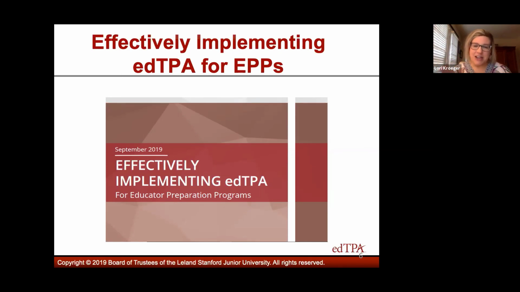It's actually titled Effectively Implementing edTPA for Educator Preparation Programs. I know as induction programs, you are not the primary program. You're not the educator preparation program for your candidates. However, the resource does still apply. There's still a lot of information in it that does apply. So I'm going to base what I share with you today loosely off of this resource.